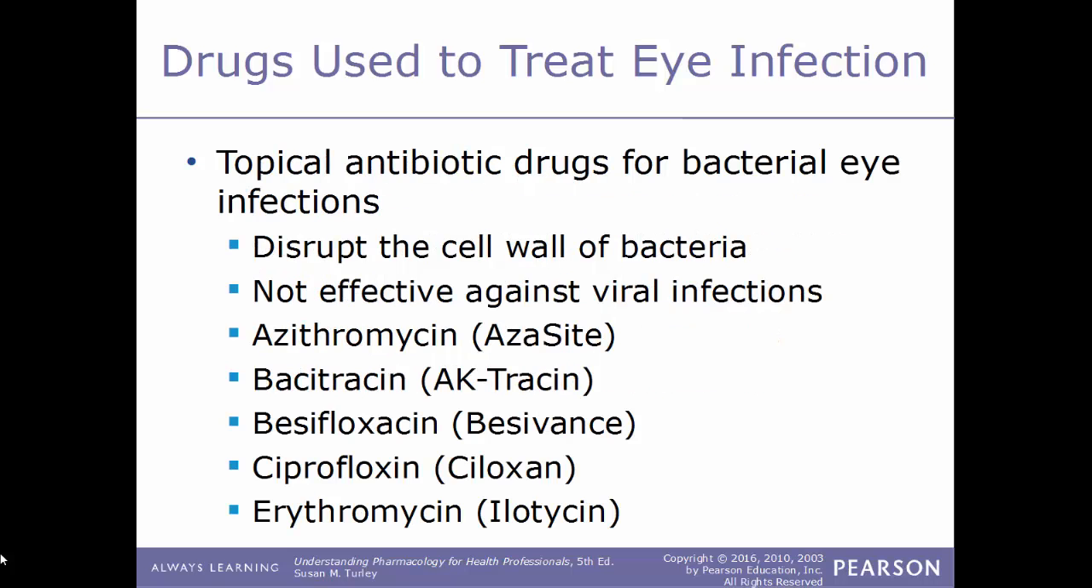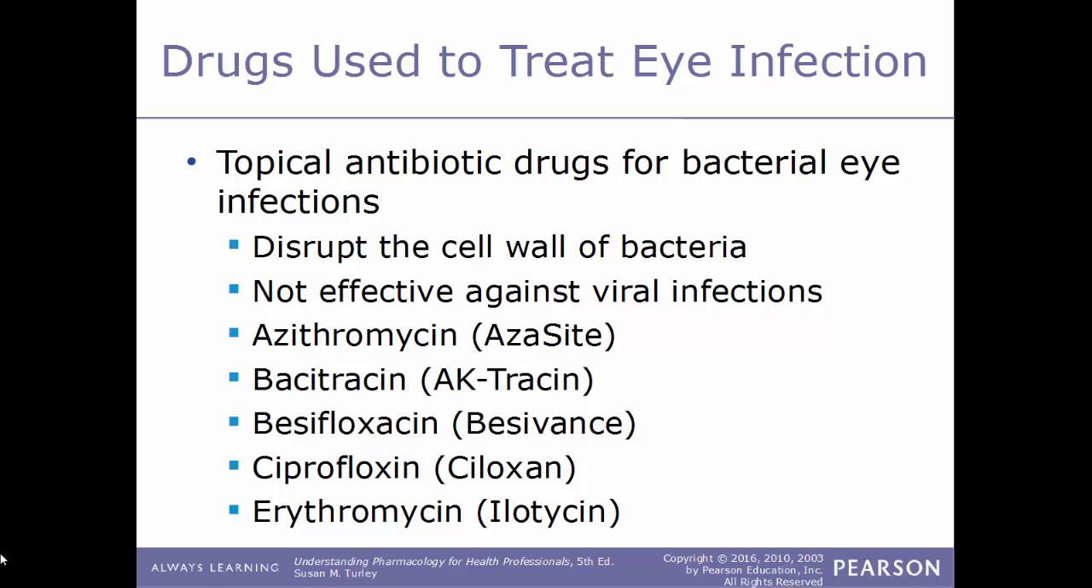When it comes to topical antibiotic drugs, they work because they disrupt the cell wall of the bacteria. And because these are antibiotic drugs, they are not effective against viral infections. Some common examples of topical antibiotics that you would use: azithromycin, which is sold under the trade name Azasite; bacitracin, which is sold under the name AK-Tracin; besifloxacin, which is sold under the trade name Besivance; ciprofloxacin, which is sold